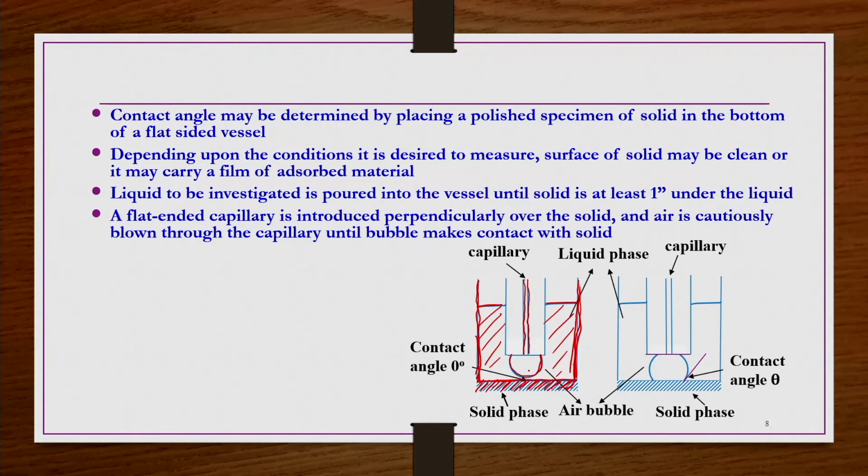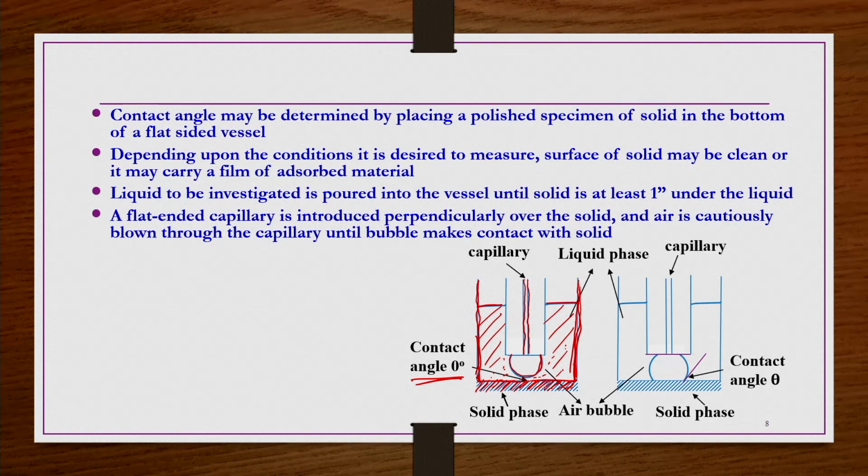and then you can see here between this solid phase and this bubble phase, there is no contact, and the liquid is coming and occupying the space between these two phases. Between this bubble phase and the solid phase, there is no contact, and whatever the interfacial distance between these two is occupied by the liquid. What does it mean here? There is no contact between the bubble and the solid phase, or all three phases are not in contact with each other. So, then the contact angle is 0. So, the contact angle is 0.